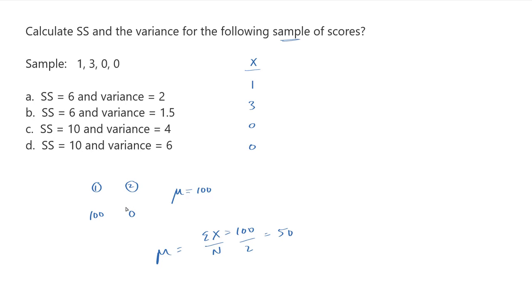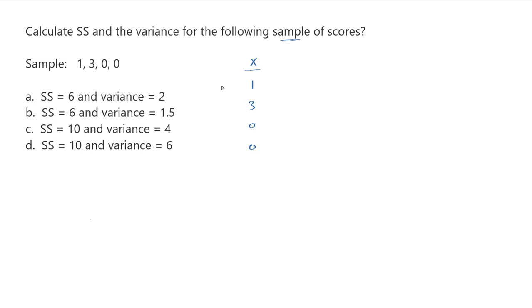And in fact, it's going to affect every other statistical calculation that we're dealing with here. So for example, if I were to work out my sum of squares and either only do the 1 and the 3, or do the 1, 3, the 0, and the 0 and include the zeros, I'm going to get different answers either way. The zeros do affect your calculation, so you do have to include them. All right, so let's get this little side note out of the way, and let's go back